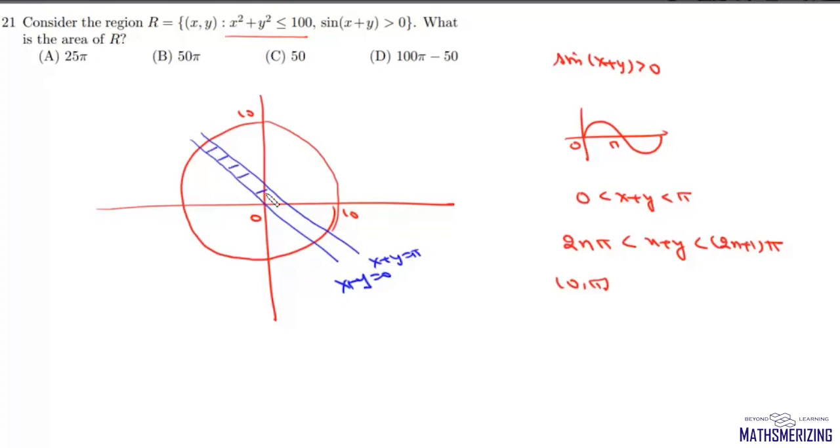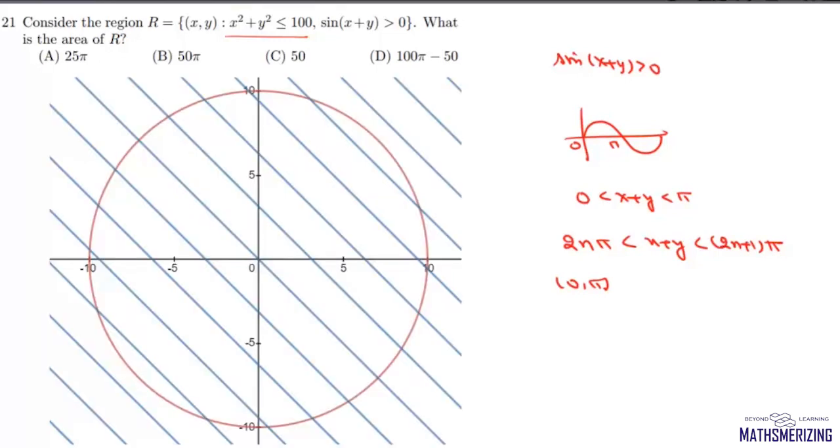So this area, and then between pi and 2 pi, we won't have any graph. Then between 2 pi and 3 pi, we'll have this condition. So actually what I'll do is I'll take up this graph from Desmos and then I'll plot the region. So this is x plus y equals 0 and this is x plus y equals pi. So we are talking about this region.